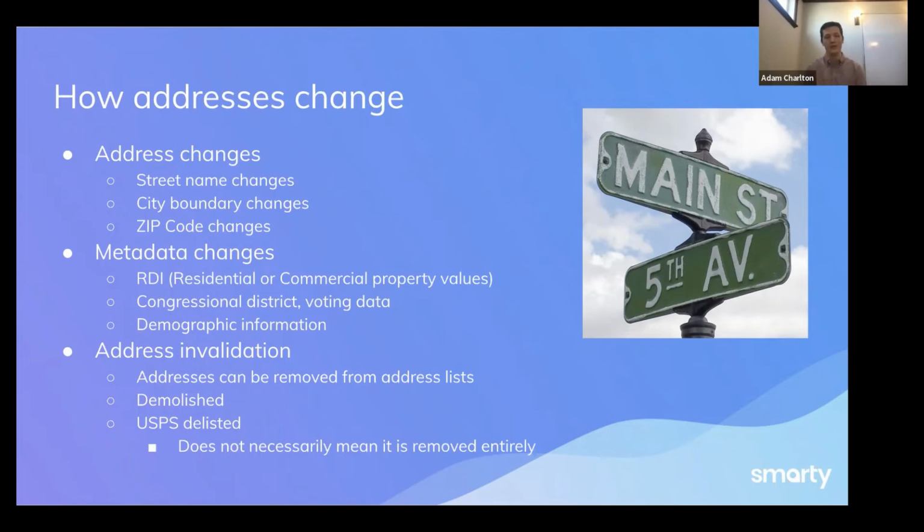So you really need to make sure that if you're making decisions based on any of these metadata fields, you continuously validate them to make sure that you're making these decisions based on correct information. And then we mentioned this before, addresses can be removed from data sets. So you need to make sure that for whatever your use case is, you're checking to make sure that